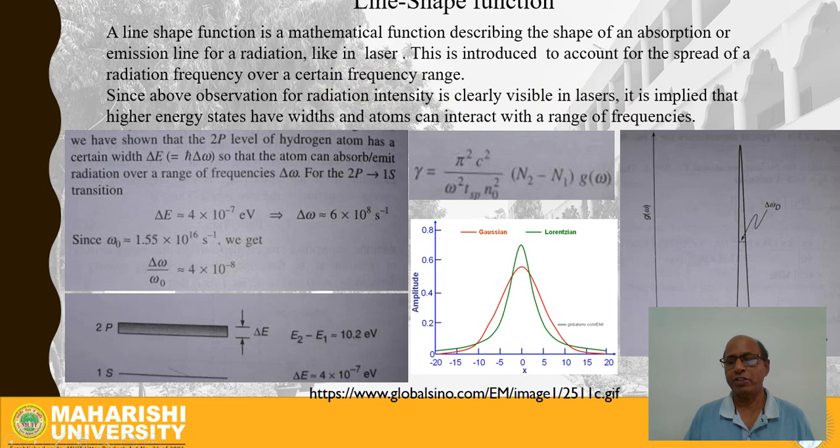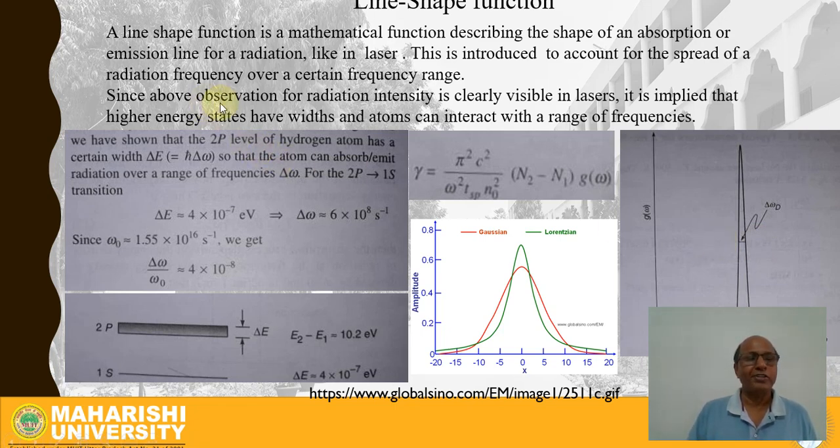And you can see it here. For example, g omega is the line shape function, and since there is a spread in the radiation frequency, you see here omega 0 is the central frequency for the radiation of that particular laser beam, but there are other frequencies associated with this central frequency, and the width defined here is delta omega D. D is for Doppler, which we will discuss later, but this delta omega defines the width, which we can more specifically say is FWHM, that is full width at half maximum for that line shape.